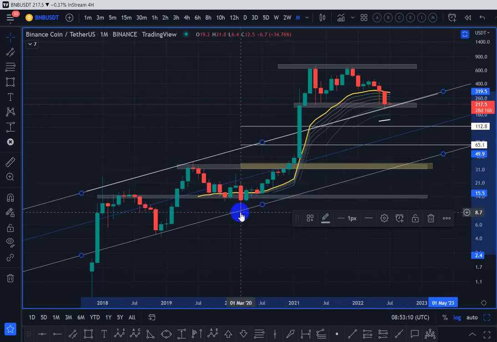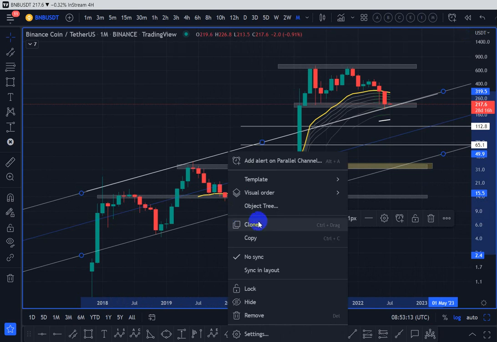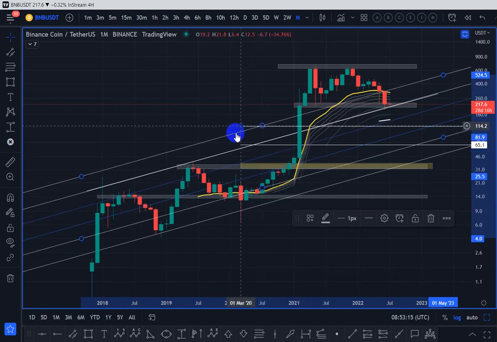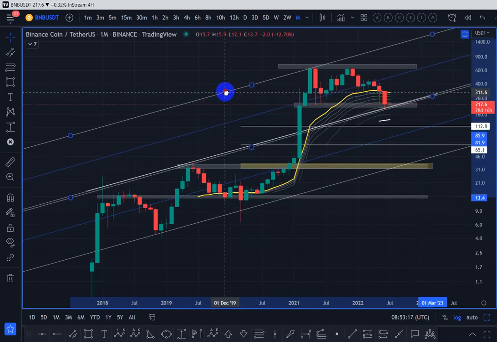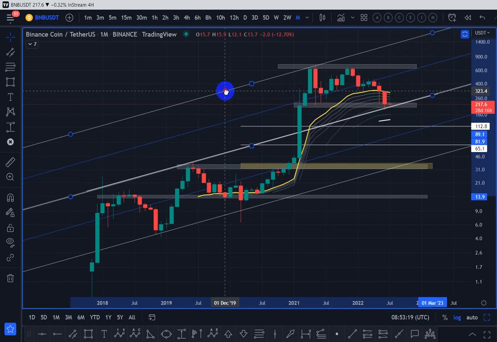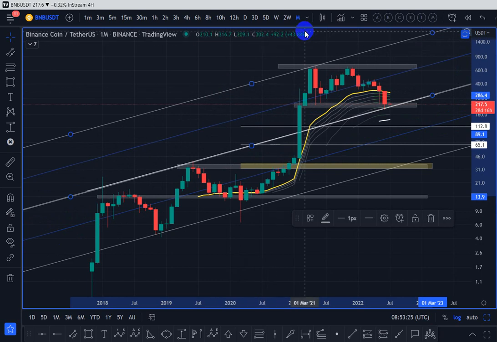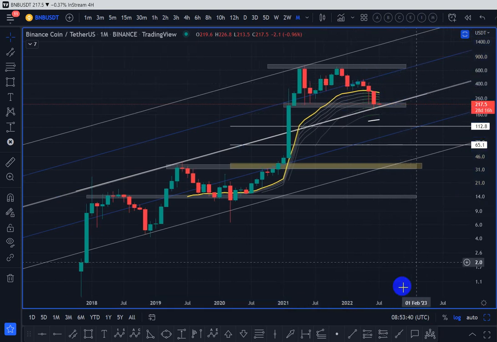And the next thing I was wondering, let's clone it and drag it to the upper side. Can you see that? How important that is, and how easy it is to do and spot on the 1 month time frame. I just cloned it and dragged it higher, and I see that the price bounced from this area. And also notice how the middle line is respected. So what I know is over here,